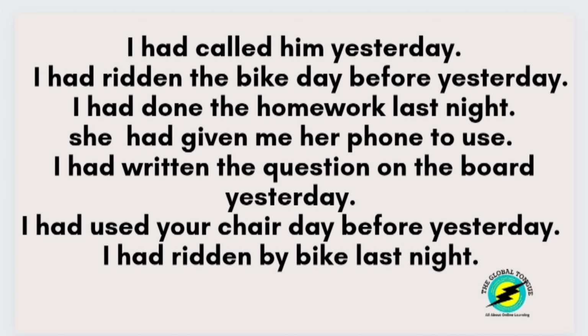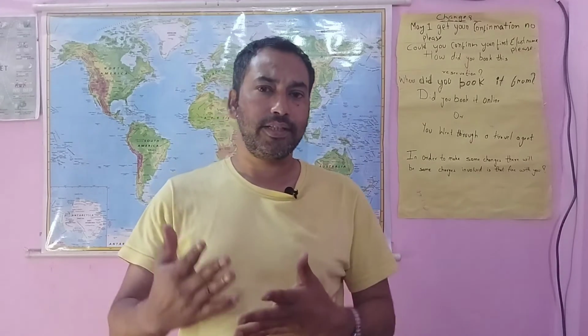I had written the question on the board yesterday. I had used your chair day before yesterday, or I had ridden my bike last night. So this is how we use past perfect tense,